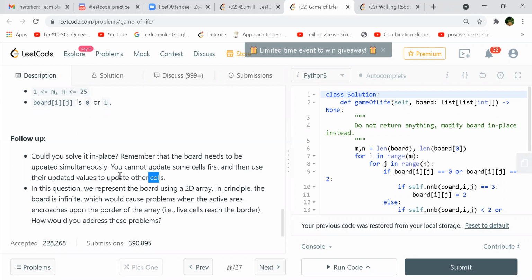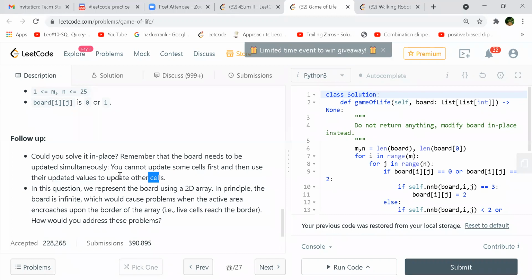If you use a different array, you don't have to bother about this condition. But when you are modifying it and going further ahead, checking the neighbors of a particular cell, some of the previous neighbors' values will be different. So you will have to take that into account.